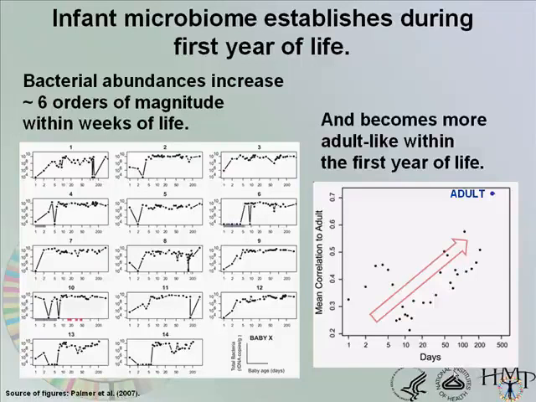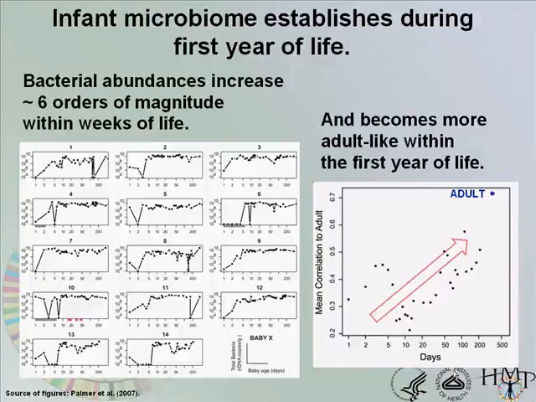This is on a log scale on the y-axis in each one of these little panels, and on the x-axis is time, and we're talking about days. So that's not quite a year's worth of data there. And what I want to point out is that just looking at total abundances, bacterial abundances increased by about 6 orders of magnitude in the child. You can see that these are different babies, and so it's a dynamic process. A lot goes on, as the system adjusts, and the microbes are talking to the gut, and the gut's talking to the microbes, right?